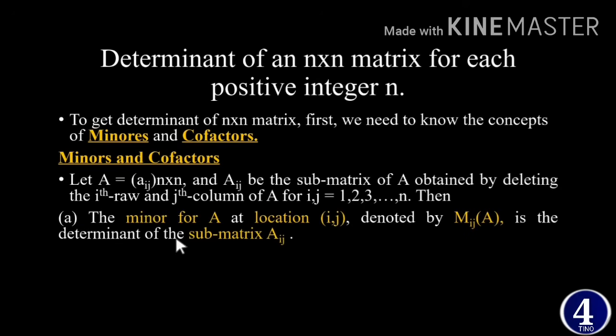ከዛ ይላል then the minor for A የማትሪክስ A minor at a location of ij የመረጣችሁት ij አለ አይደለ ሮውዝ እና ኮለመን እዚህ ላይ ማለት ነው። ij ማለት የመረጣችሁት ሎኬሽን ላይ የተገኘው ማይነር ማለት ምልክቱ minor of A at a location of ij ማለት ነው እሺ። Minor of matrix A at the location of ij okay is determinant of a submatrix Aij okay። ስለዚህ እዚህ ቦታ ላይ የምናገኘው ማይነር is the determinant of a submatrix Aij።